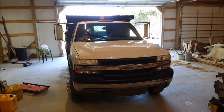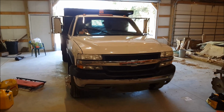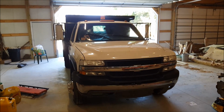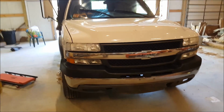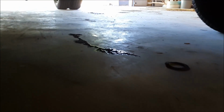All right, so here's an update on the truck. It's been very disappointing. The starter quit on it now, which I think has something to do with the repair they did on the main seal. But speaking of the main seal and oil leaks, take a look at this. That is all oil